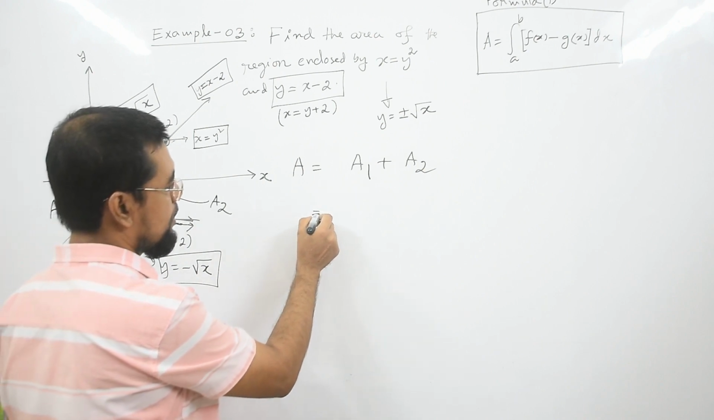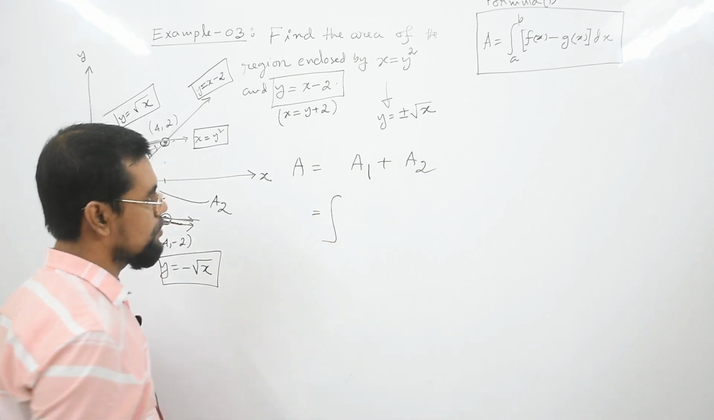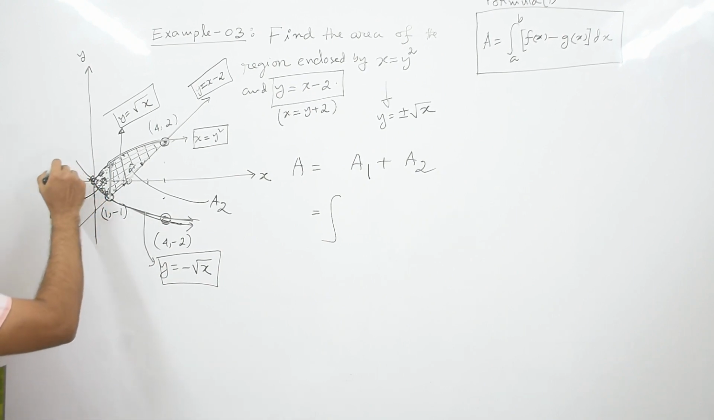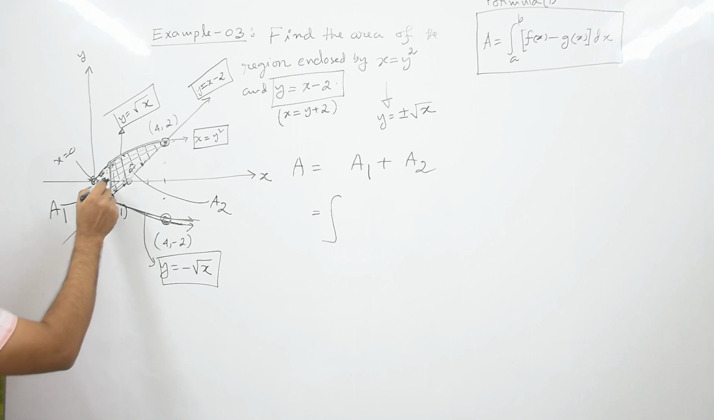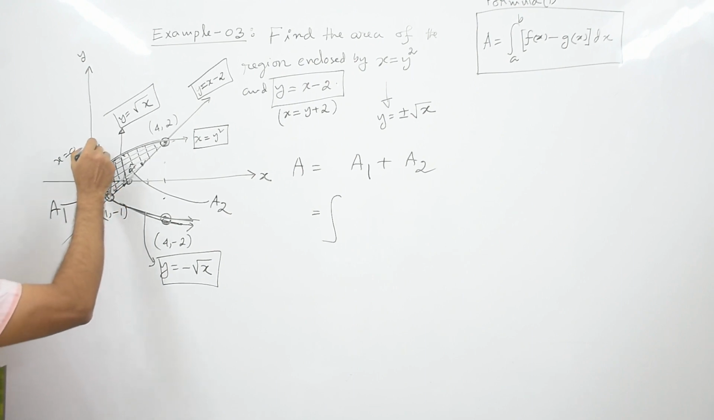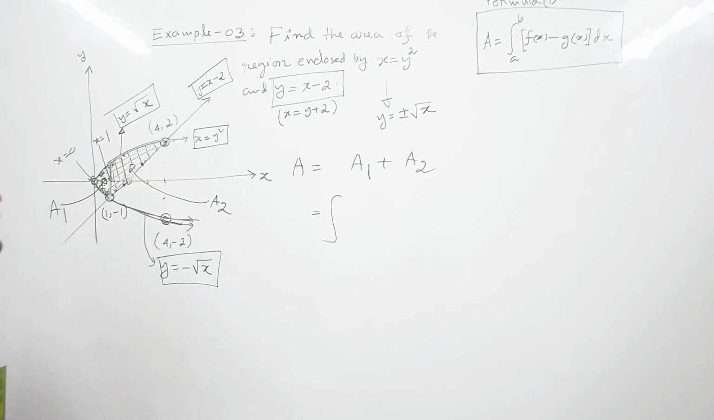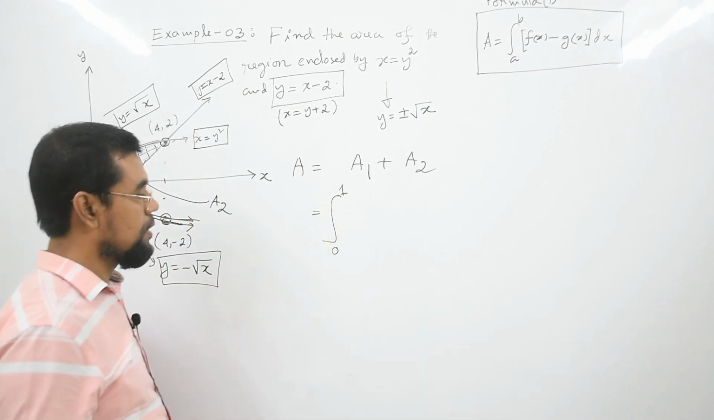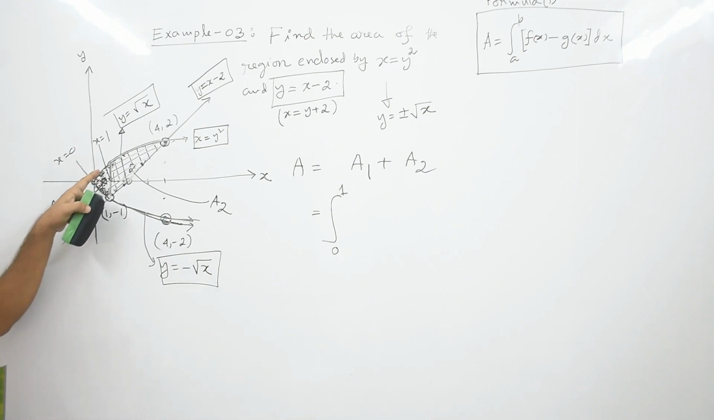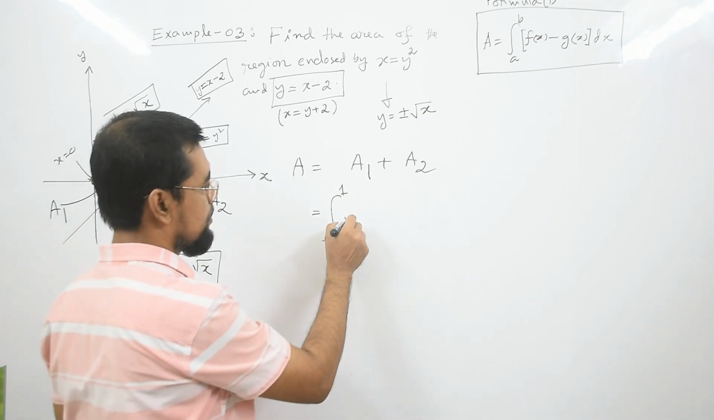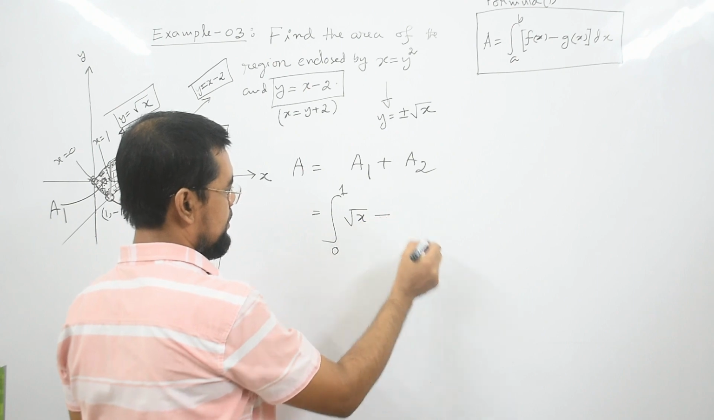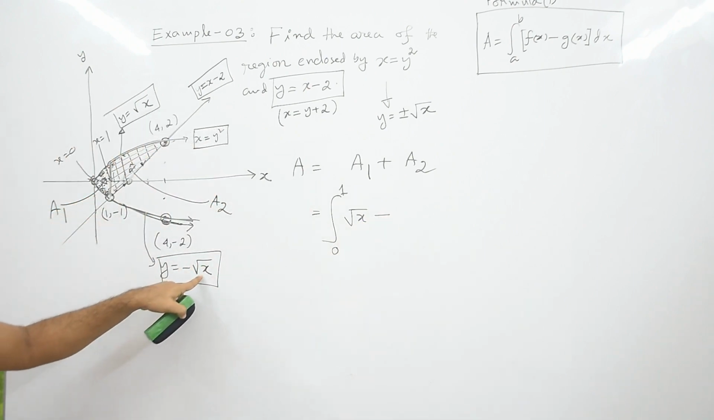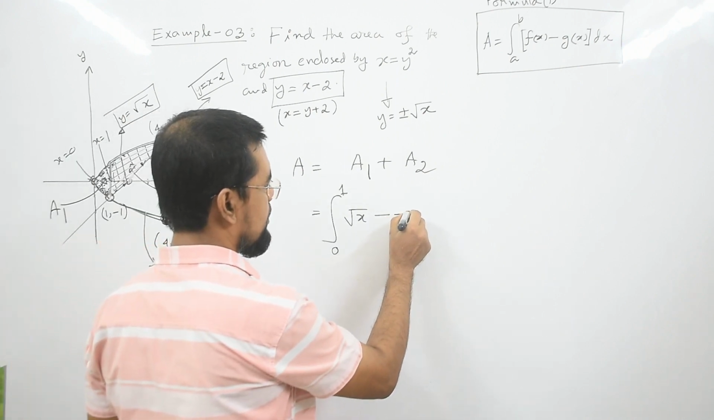So for A1, your lower limit will be what? Here x equal 0, and here x equal 1. So your lower limit will be 0 and upper limit will be 1, and the curve above is root x, minus the curve below, which is negative root x. So it will be negative root x,